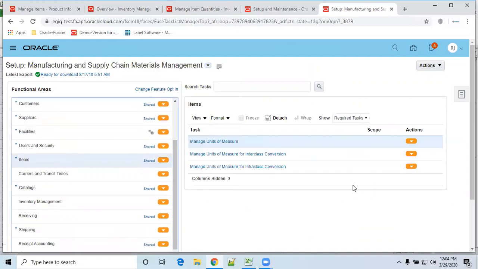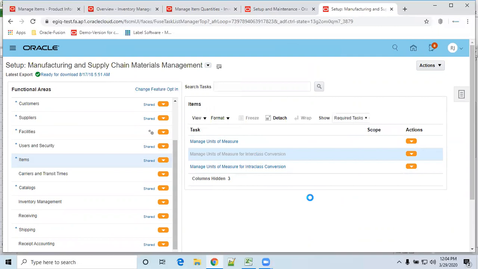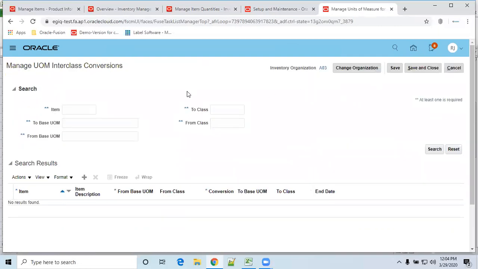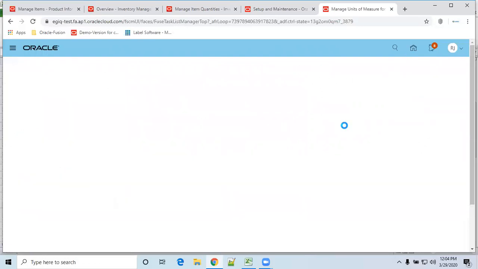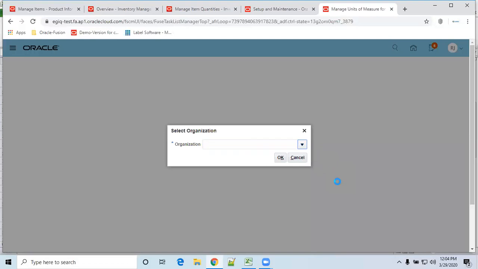Go to items, interclass. So inventory organization also, you can keep your inventory.